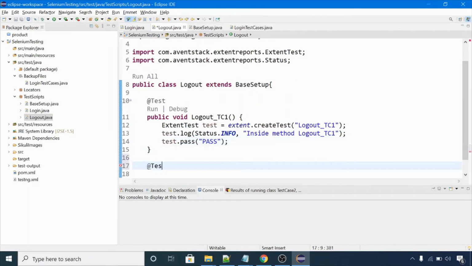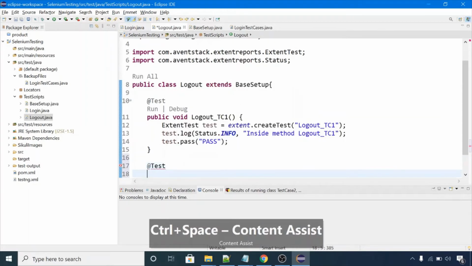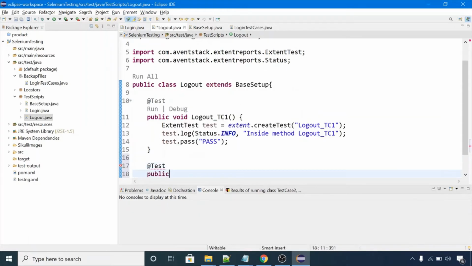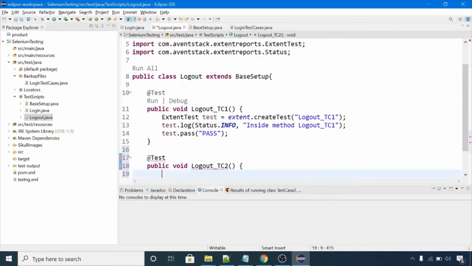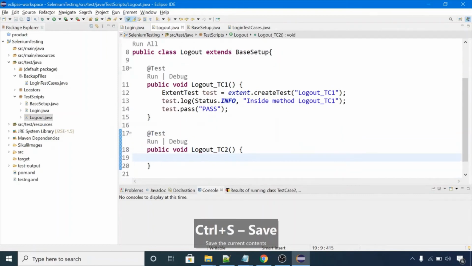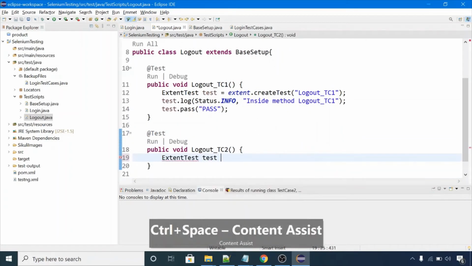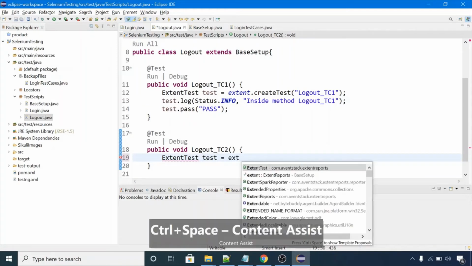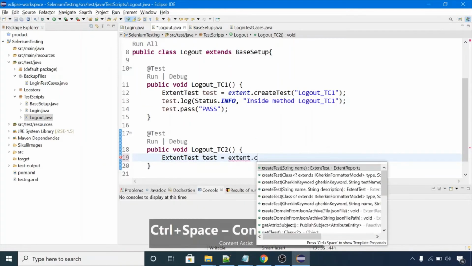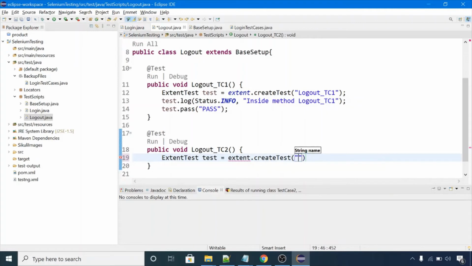Now we will create one more test case in this class so that we can fail the test case. @Test, public void logout test case 2, and we will again create ExtentTest test is equal to extent.createTest, name as logout test case 2.